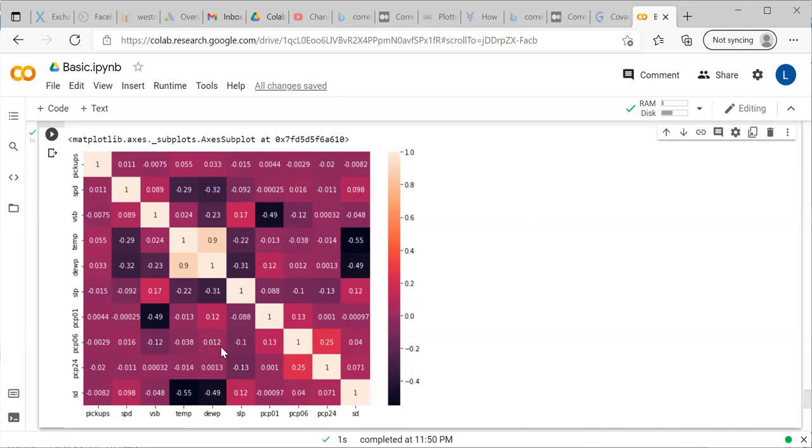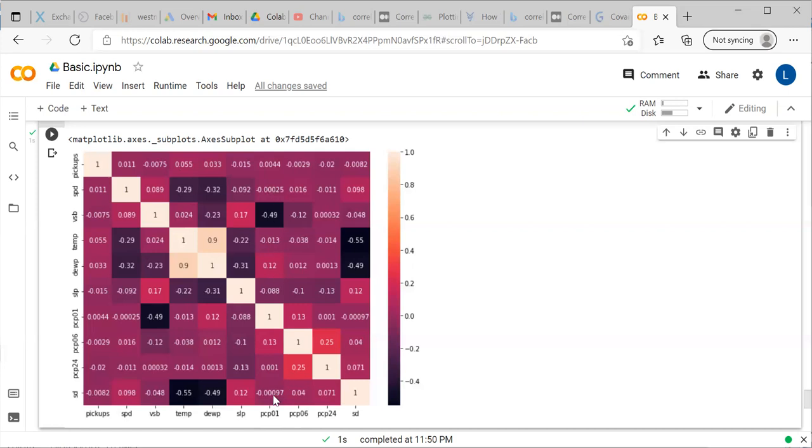And if it is less than 0.2, then it is weak correlation or no correlation between those two variables. You can see 0.013, it is almost zero. You can say these two variables, PCP01 and temperature, have no relationship based on the correlation matrix. Similarly, SPD and PCP01, it is zero. You can say 0.00025 is zero. So again, this is also having no correlation.